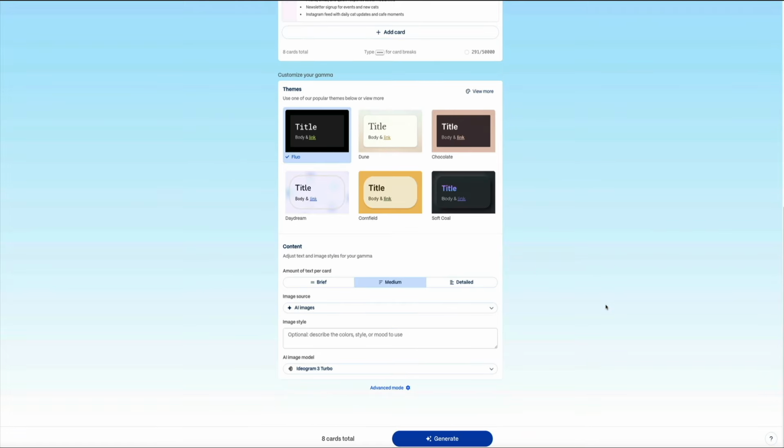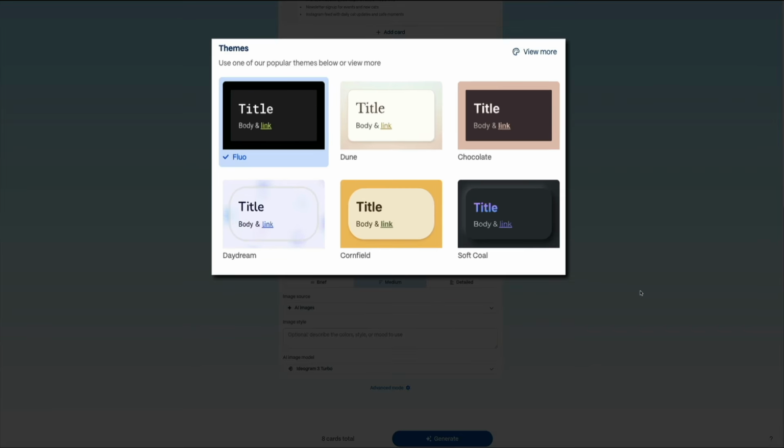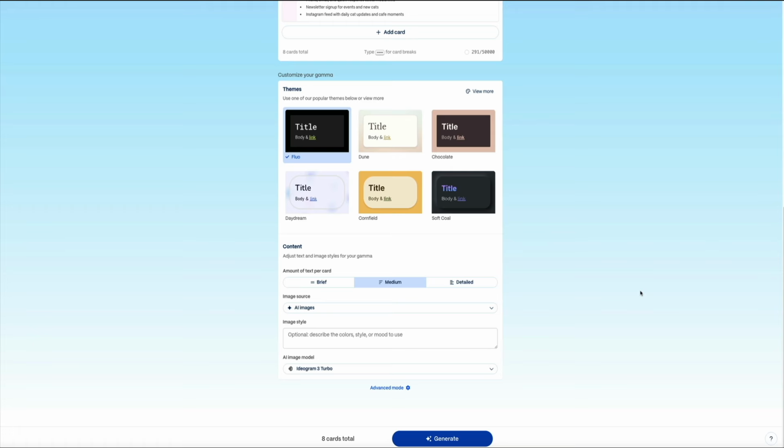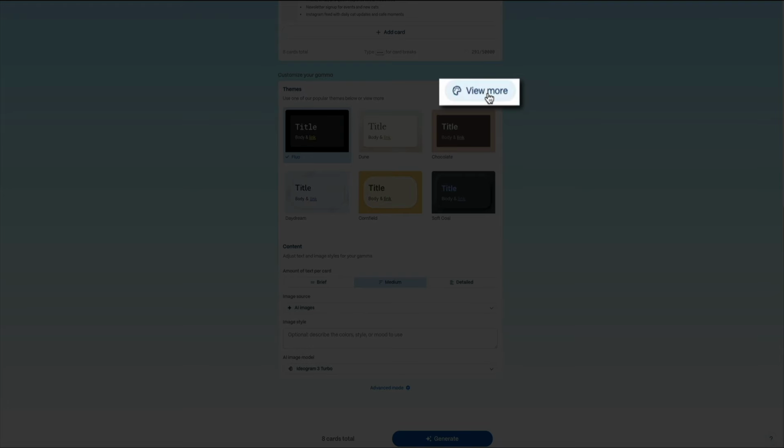Then scrolling down, you'll find the Customize Your Gamma section. This is where you can fine-tune the look and feel of your presentation before moving into the design mode. At the top, you'll see several pre-made themes that control your typography, background color, and overall aesthetic. By default, there will be a few here to choose from, but if you click the View More link, you'll